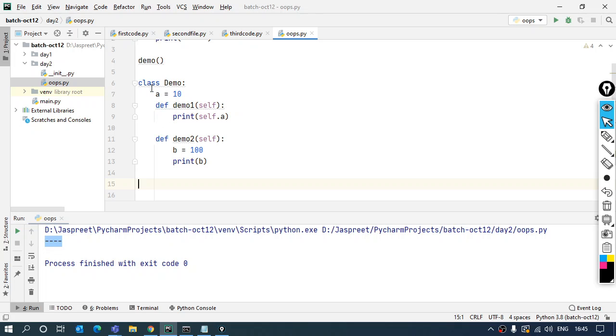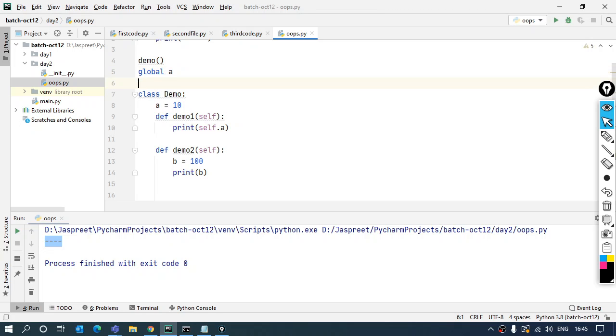Yes, that is also available, but I just want to show that these local and global things exist in the classes as well. Globally in the module I can have a variable. I can say global a is equals to 10. I can give that, there is no issue. But this way declaration is not possible. A variable is over here, global a, and I can access it anytime. Anywhere in the module I can use it, be it a class, be it a function.